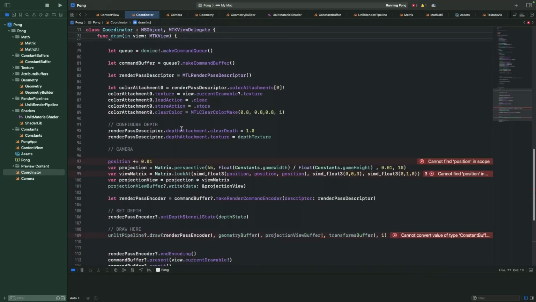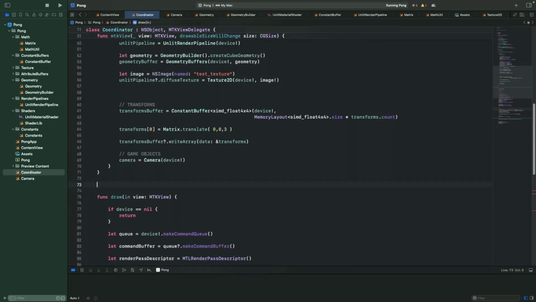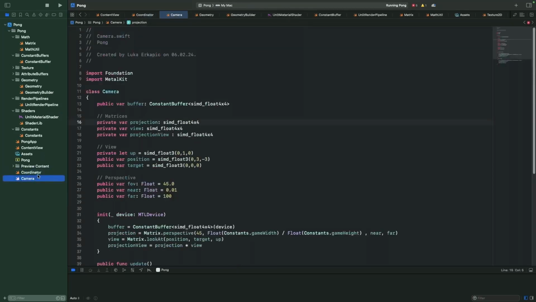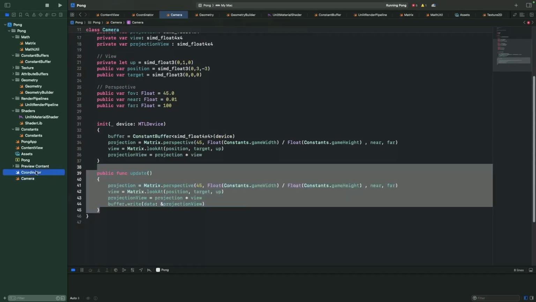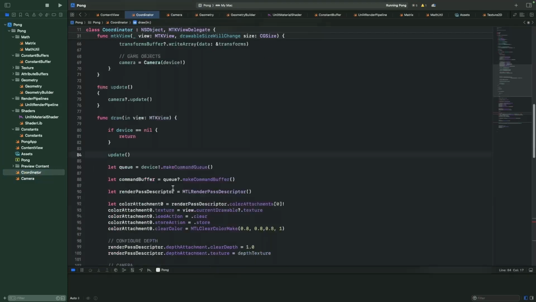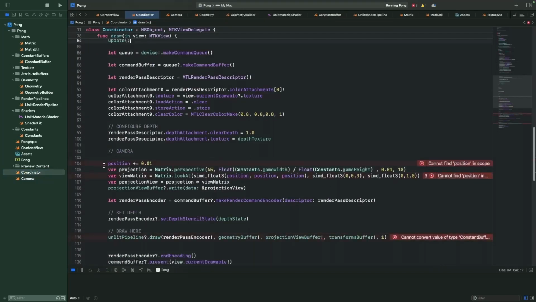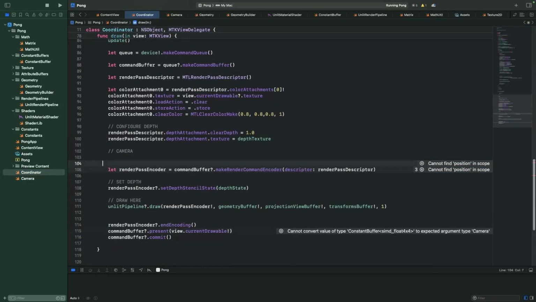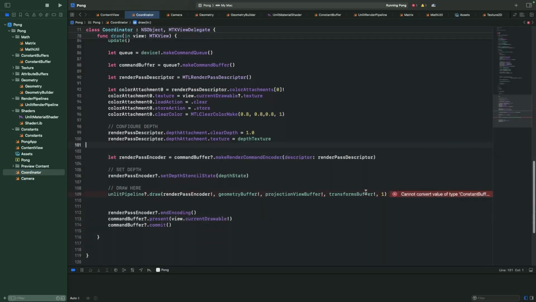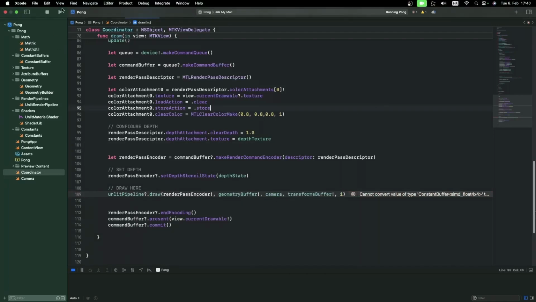So here in draw method, I'm not sure if draw is best for this, but we can just say here function update, and then here say camera update. Did we create an update method? We actually did. Perfect. And then here we can say just update so that it's clear what's happening. And then all of this is now done inside camera. We don't need this. Render pass. And here we're just going to paste camera now. And if I run it,